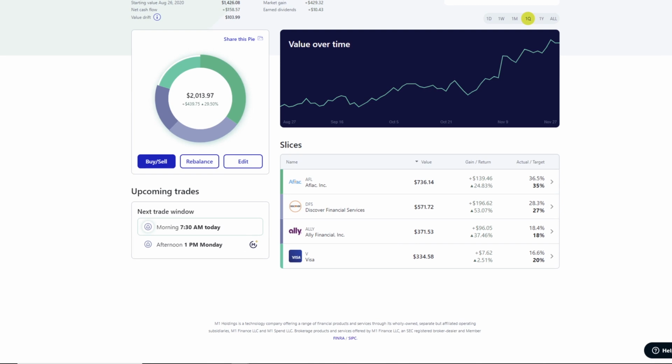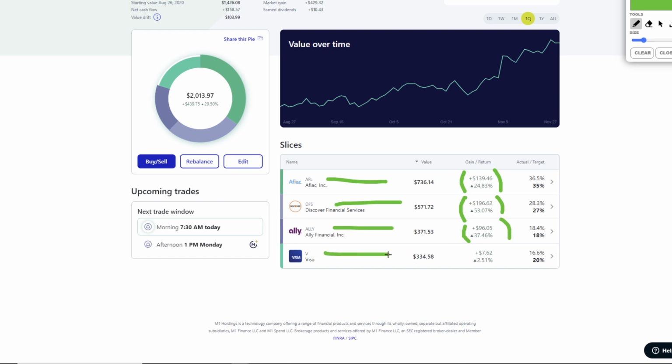So I've been lowering the percentage, but it's hard when the actual stock is constantly going up here. So in this area, we have Aflac, which right now has done pretty well. We're up $100 and almost $40 in the stock. We have Discover Financials, which we're up $196 on, which is great. We also have Ally right over here, which we're up $96. And then we got Visa, surprisingly, out of all four of these companies we have in here, is actually doing,